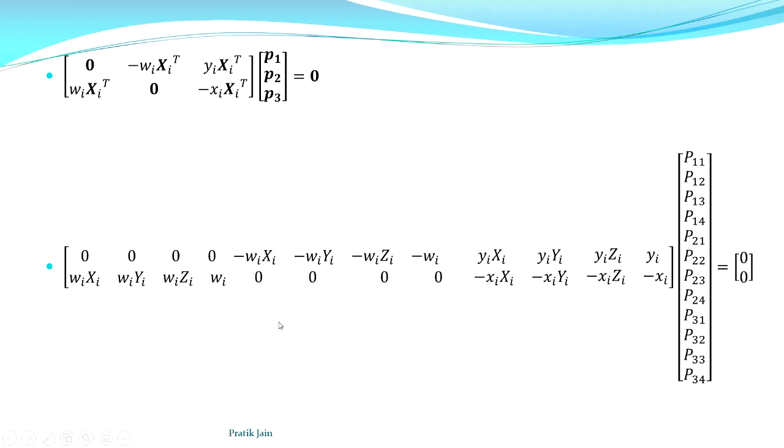So now this can be very easily solved by what is known as least squares for homogeneous system. So if you don't know what that is, you can just click the video over here, that will take you to my link of least squares for homogeneous system. So with that you can easily get one solution of P, that is this camera matrix. So you will get these 12 elements with you and you are done. You got the camera matrix with you.